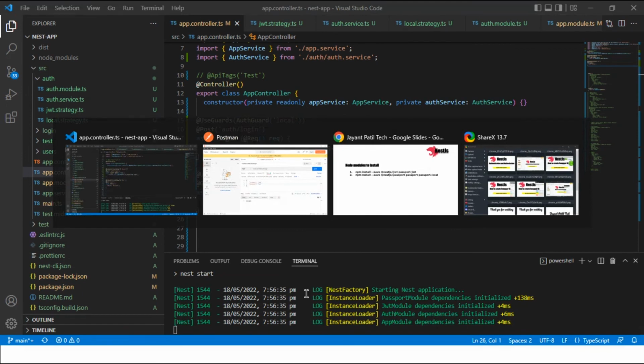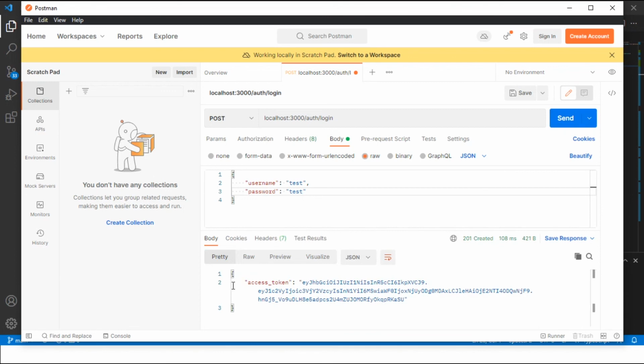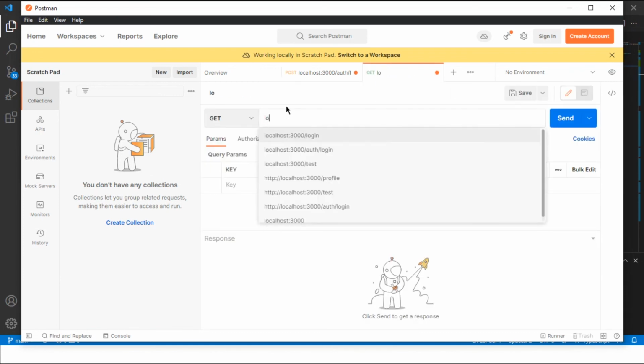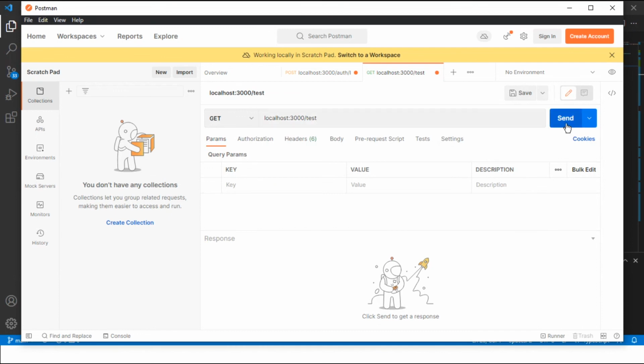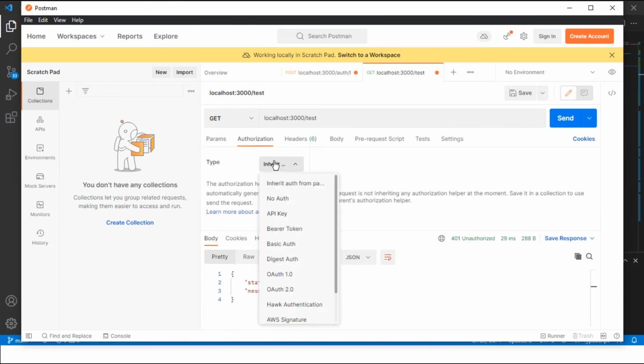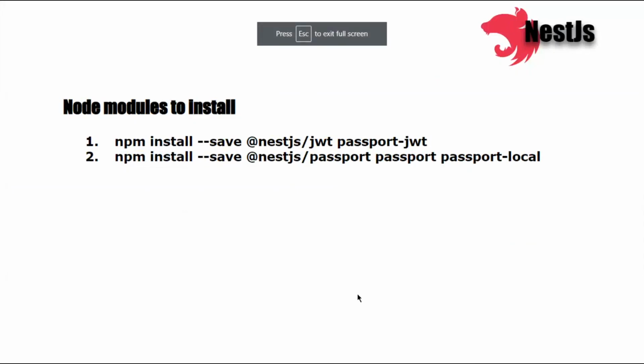So it is running. So let's go to Postman. Once again I'll hit this. You can see the access token is generated. Let's go to the next one and create. Let's hit this without passing a token. This is saying unauthorized. If I pass the bearer token here, this is an old one, but if I pass it, then it will give me a success message. So this is how we can achieve JWT token